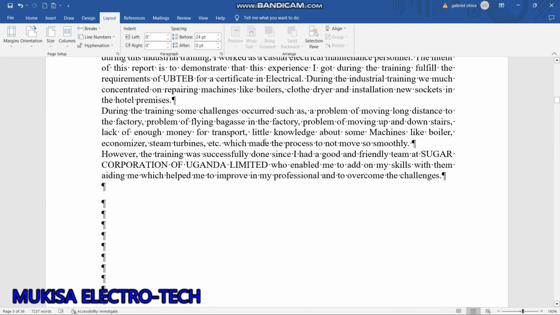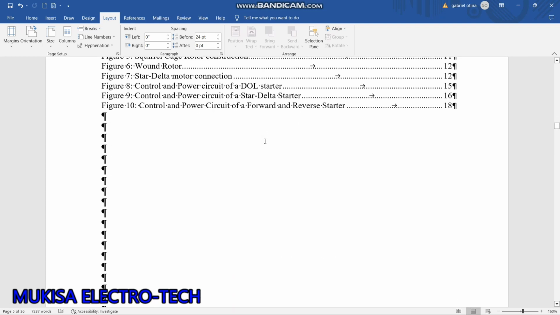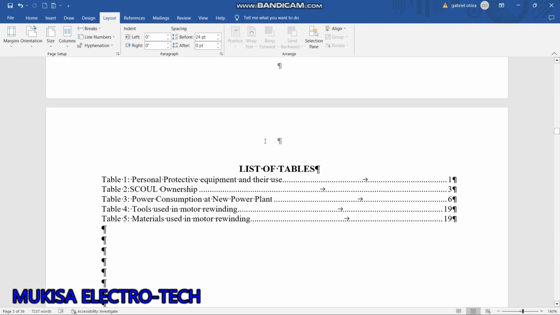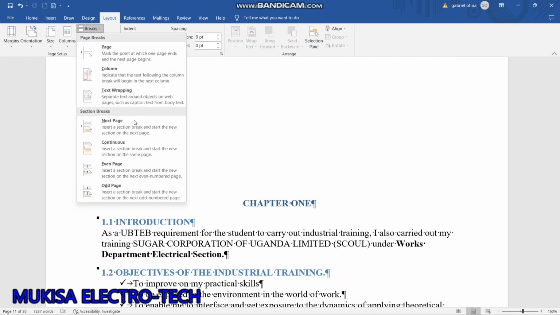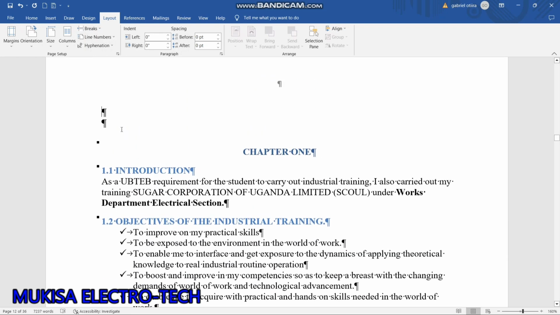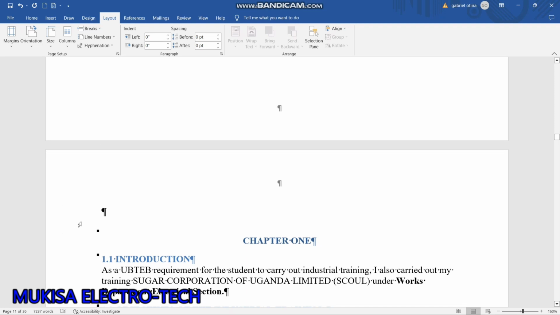You put page breaks in order to prevent other information from going to particular pages if you want your work to be uniform. That's why there are page breaks almost on every page. So we have to put another section break in order to separate the chapters. You also delete the paragraph marks if they happen to appear in your document. So now after doing that,